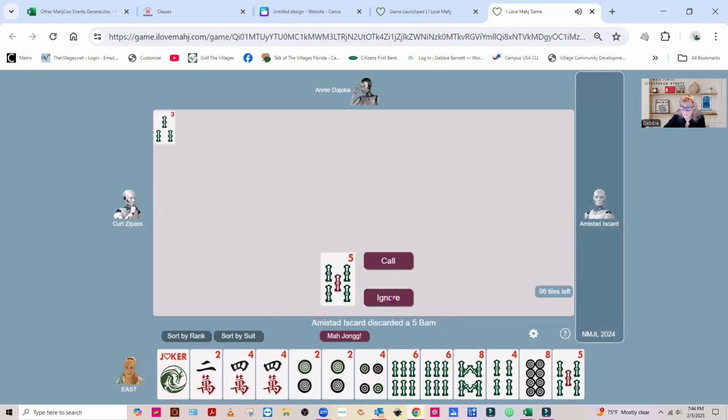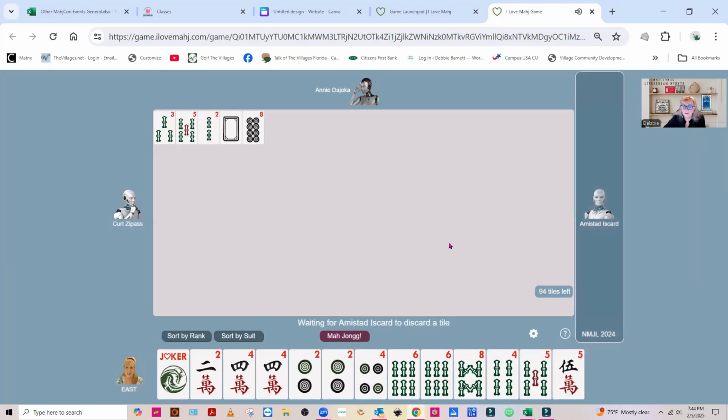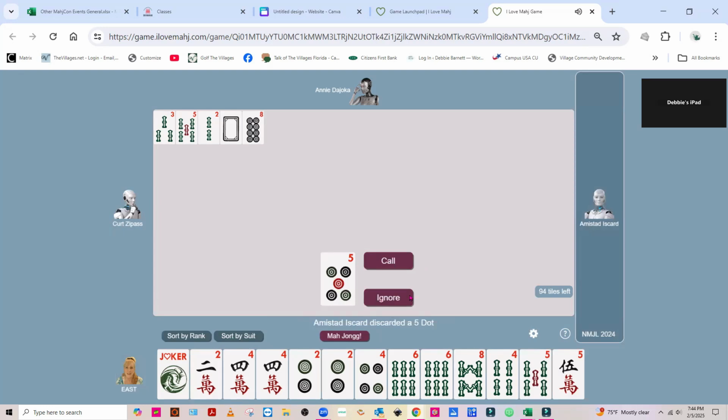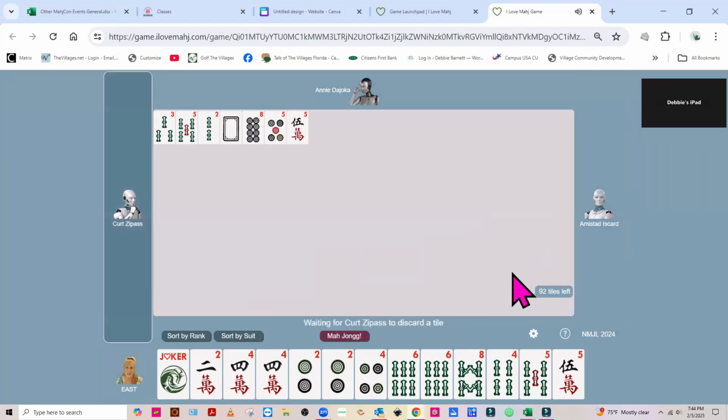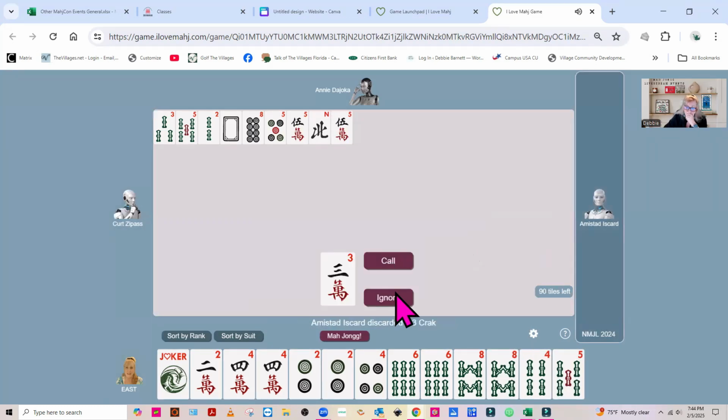Let's see. 5 BAM, I'm pretty sure. 2 BAM. Oh, really? You have some nerve not giving that back to me. I guess I'll get rid of this 8 dot because I know I passed it. 5 dot, oh, what? I would have kept that for line 2. Yeah, I would have done 2, 4, 5, 6 crack, but I passed one of them already. 5 crack, that's the only reason I got rid of it. 3 crack,